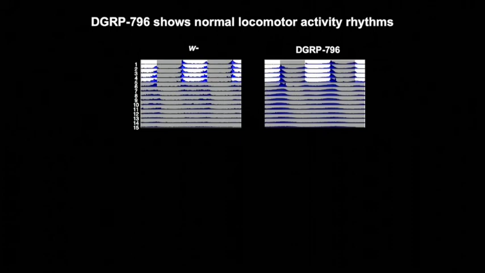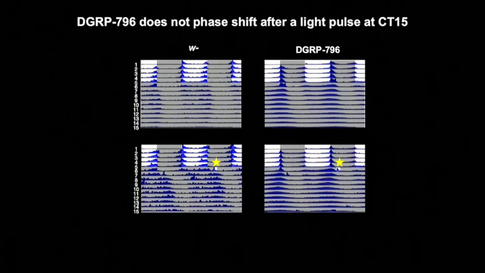But then Antonio did a very nice trick. What he did is simply apply a light pulse for 20 minutes, which is known to induce a phase shift in wild-type lines. And this is nicely illustrated here. So if you put the light on here, this little white rectangle, you can see that the flies all of a sudden adapt themselves to this light pulse, even though it was only 20 minutes, right? So they get re-entrained because of this light